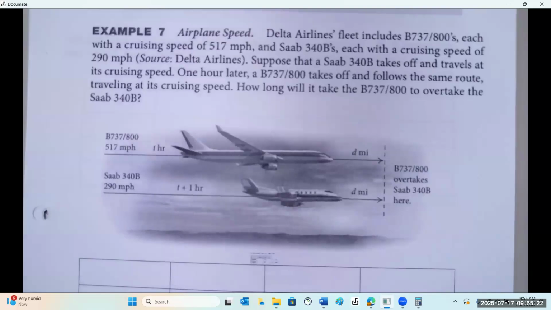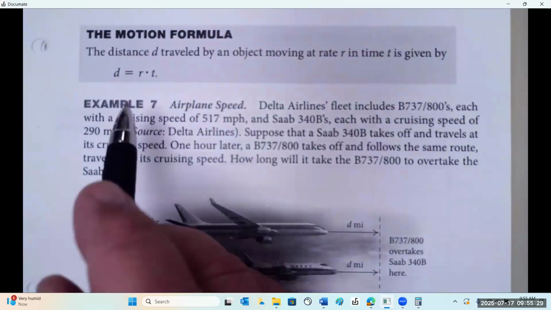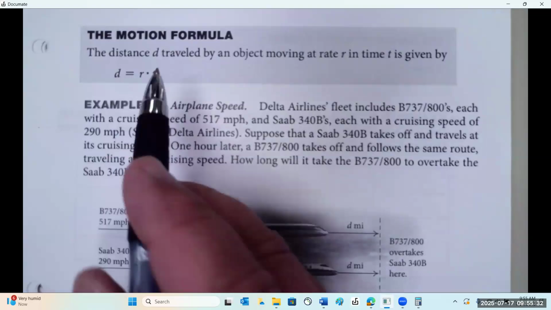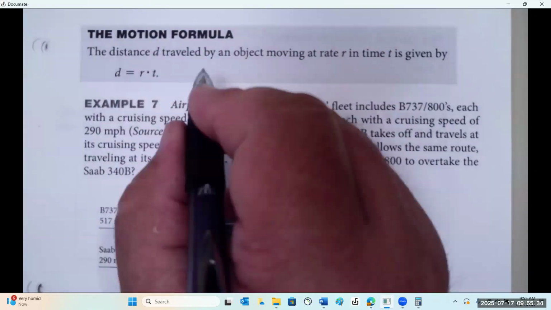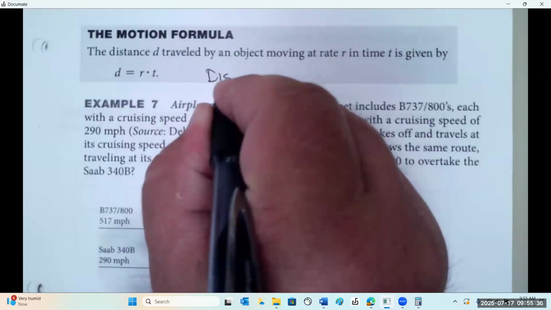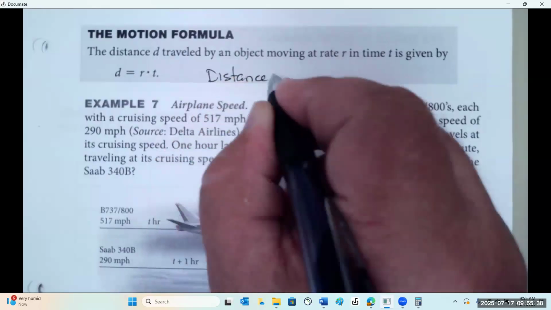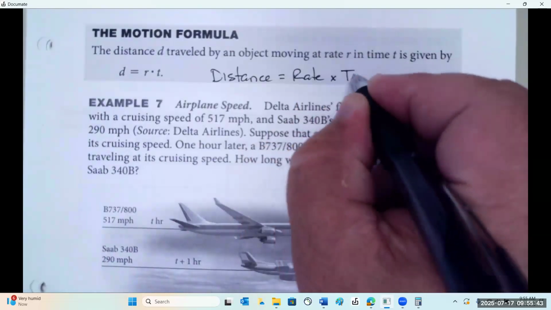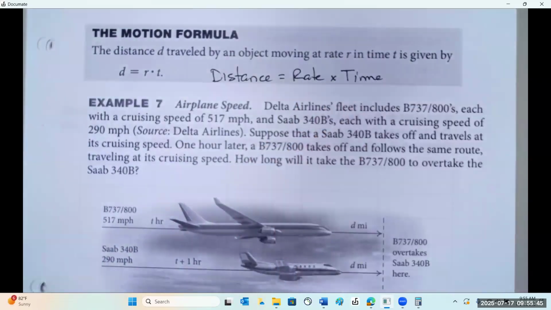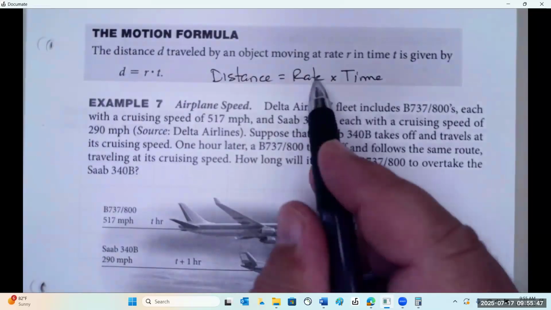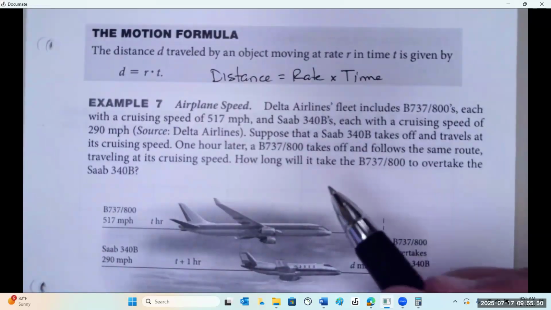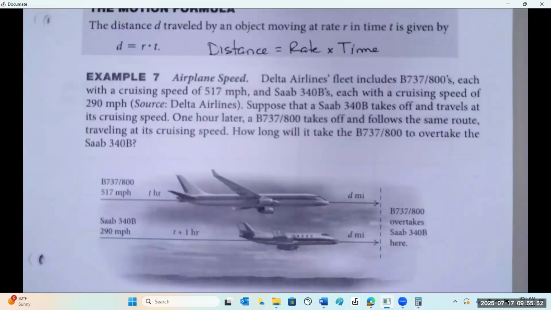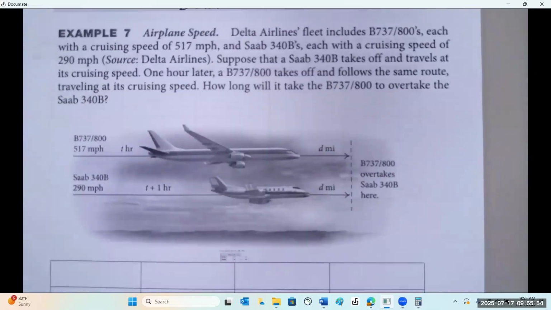Motion problems. Whenever you deal with things that move, we use this formula. Distance equals rate times time. When we say rate, we're talking about speed or the velocity of the object. So let's see what we have here. It tells us